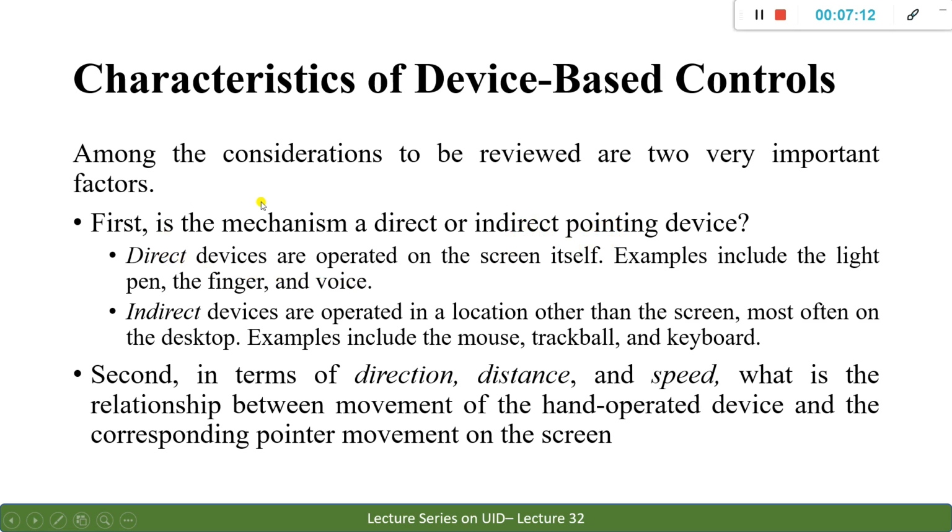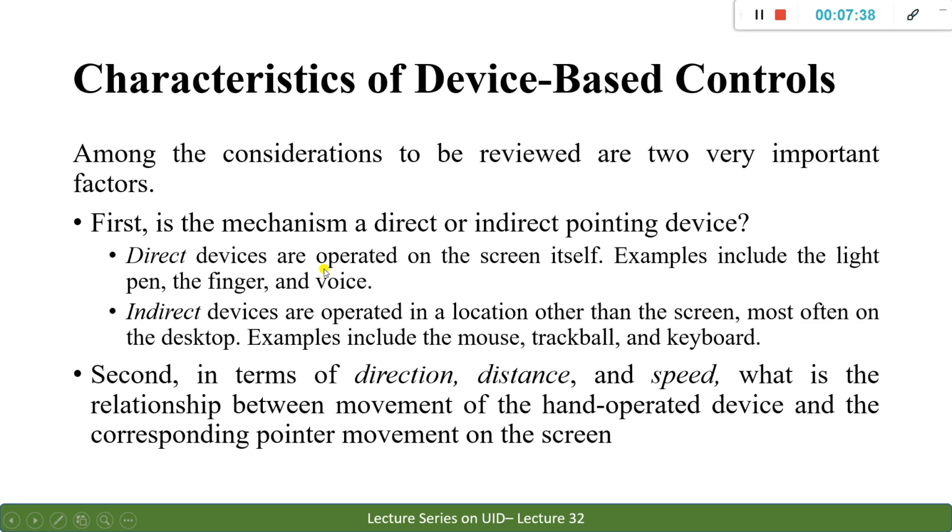Now, what is the meaning of direct pointing devices? They are like you are directly trying to operate on the screen. For example, a light pen, which you also call a laser pen. You use those pens for pointing, or a finger, or a voice you give saying that this is the location to see. So this is called direct pointing devices.